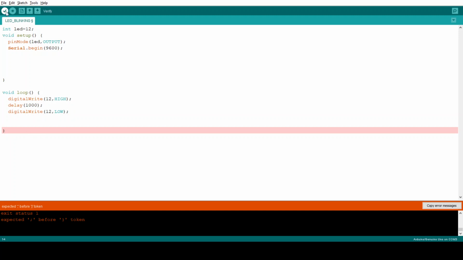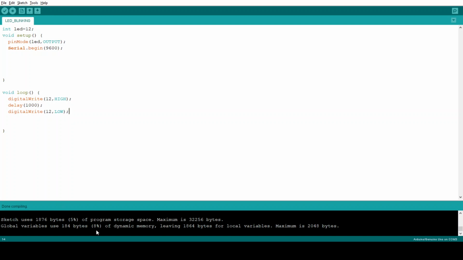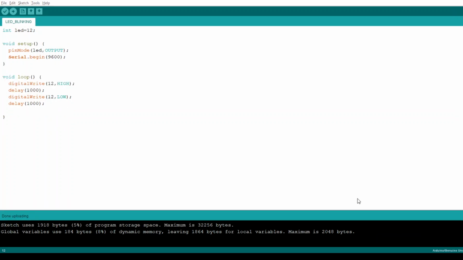Okay, now compile. So done compiling. Here there is no error. Okay. How to connect the LED to the controller? Let's show. So our software part is over. First initialize, then declare the pin mode, and the serial monitor is also shown, and these are the LED glowing program. Now let's move to the hardware part.